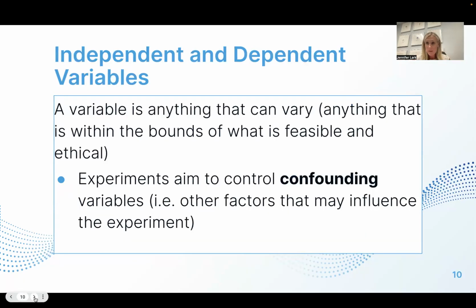Okay, so we have our independent variable, the one that we're manipulating. We have our dependent variable, the one that we're measuring, and it depends on what we do with the independent variable. We also have to be really careful in looking at potential confounding variables in a study, okay? A confounding variable is any other factor or variable that might influence what we're trying to measure other than our independent variable. Because if you remember, when we try to establish cause and effect, we're saying as the experimenter